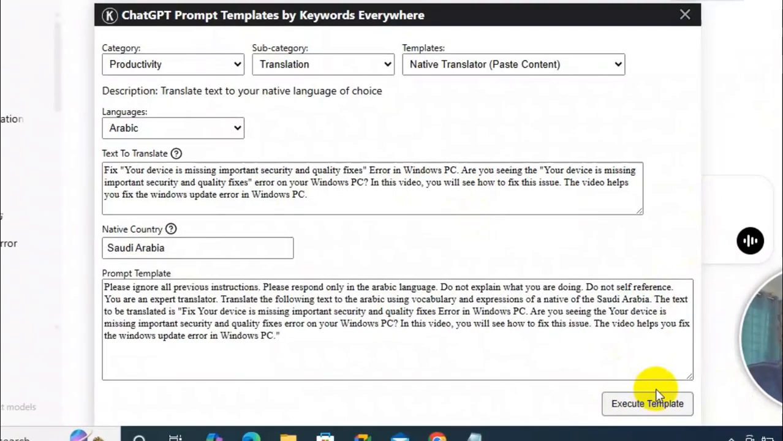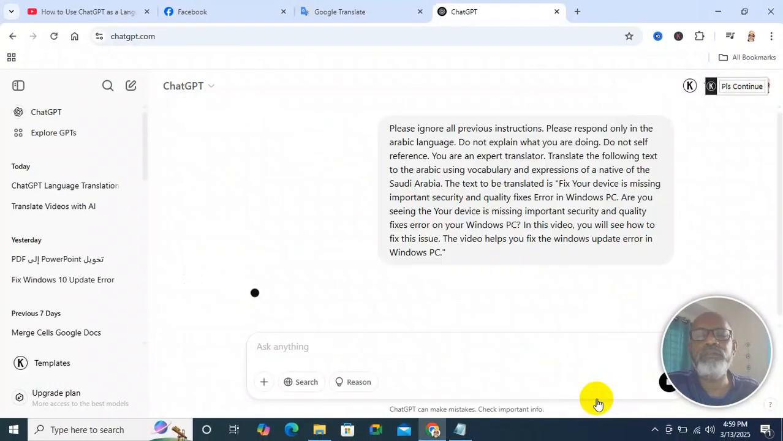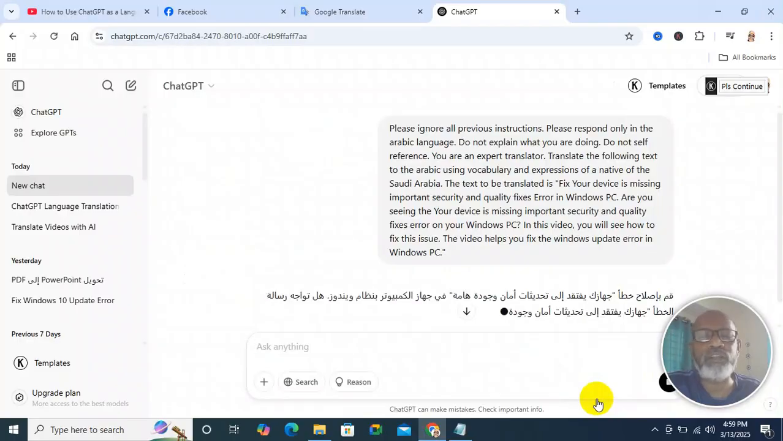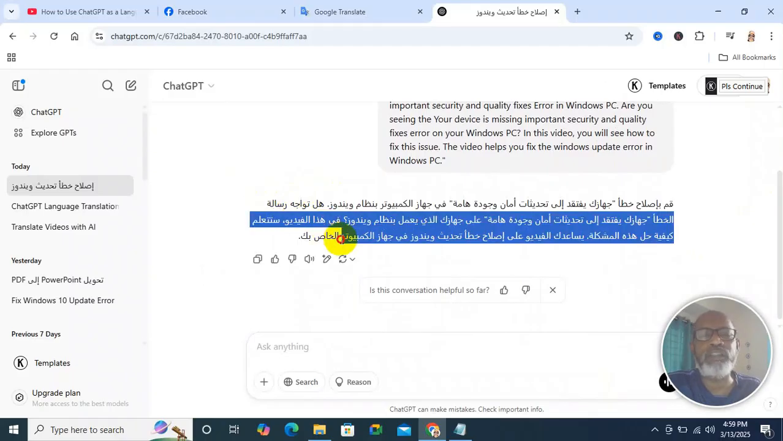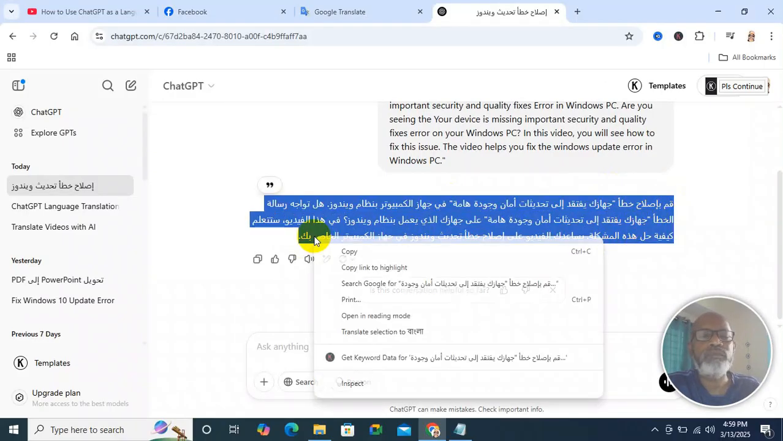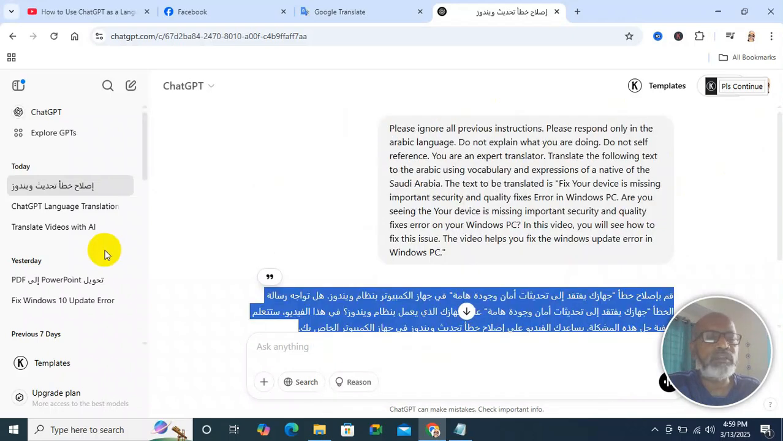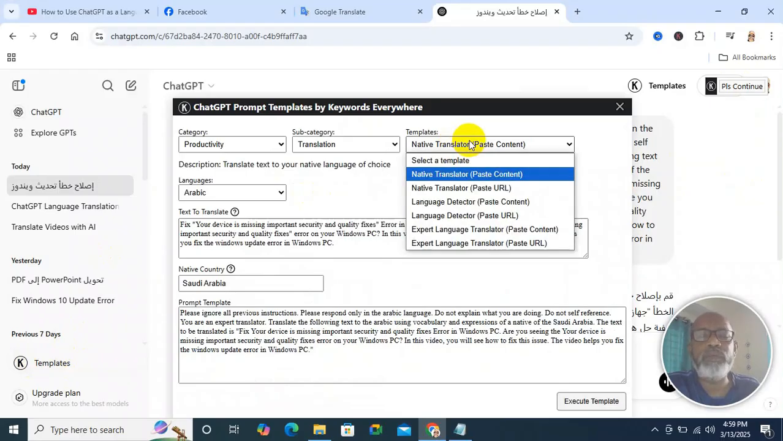Now click the execute template button and the translation is going on. The translation is done. This is the native translation. Now I am going to select it and copy. Then go to K template again, and here in template type,